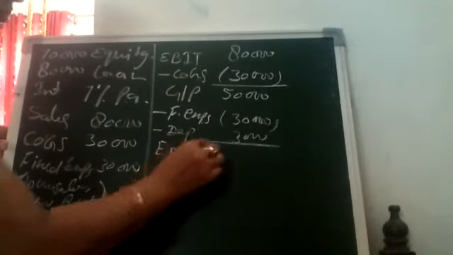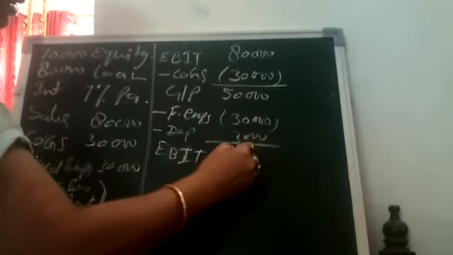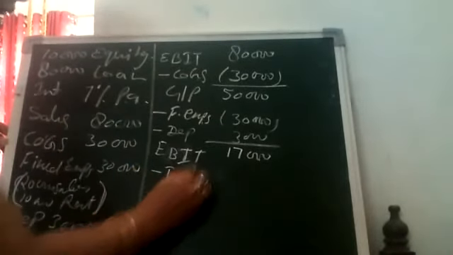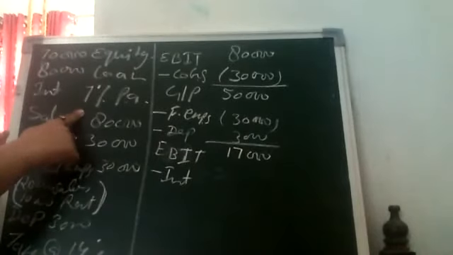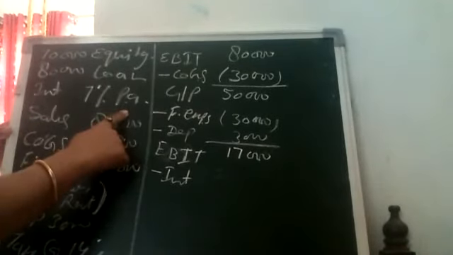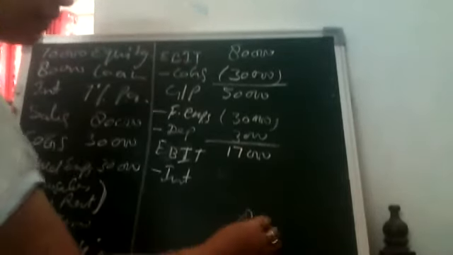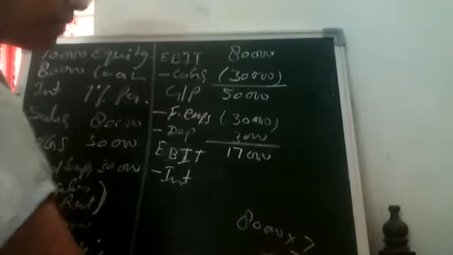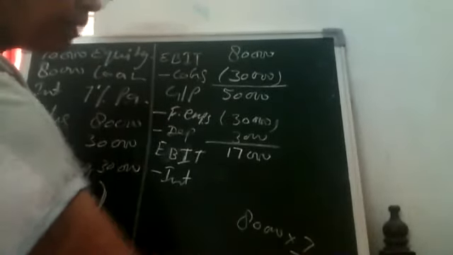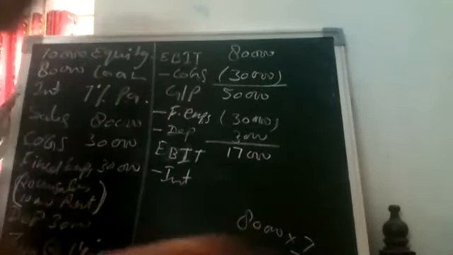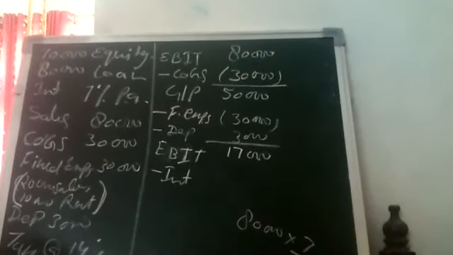How much will earnings before interest and tax be? 33,000 minus 17,000. Okay, minus interest. How much is the interest? 7%, 7% per annum. So how much is the borrowed capital? 80,000. Rough work we will do, 80,000 at 7% for 1 month. Because all the information given is related to 1 month, so we will calculate for 1 month. Do the calculation, everyone.